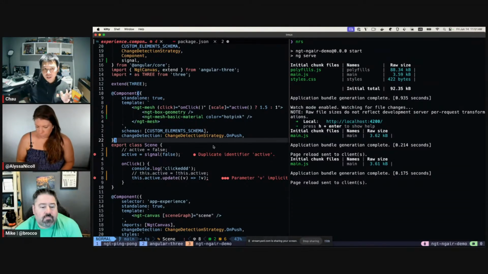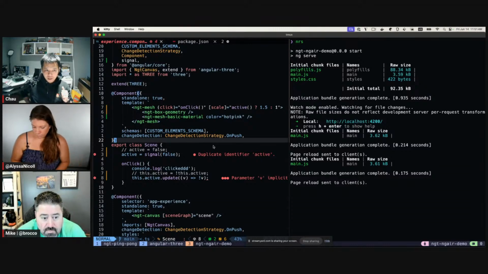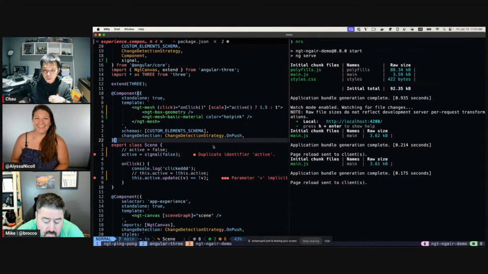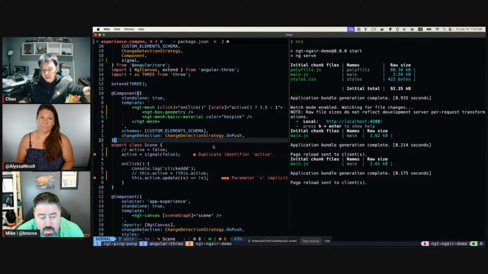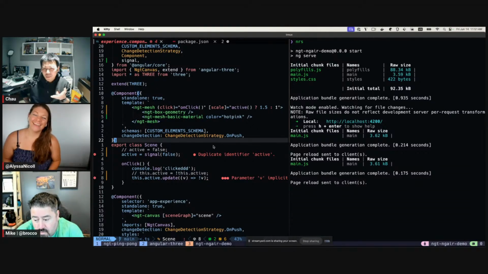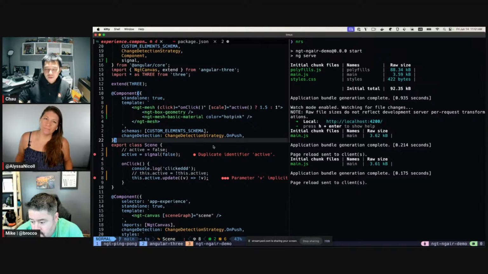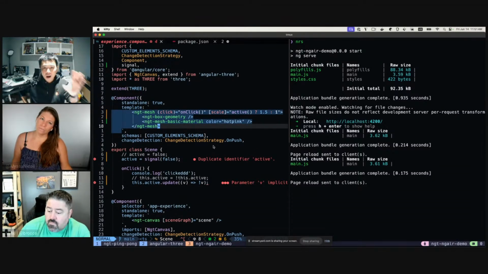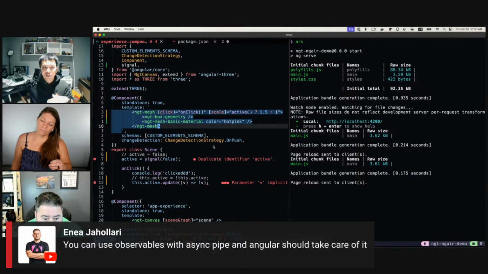I draw a lot of inspiration from the React ecosystem. They have a React Three Fiber library, which is absolutely beautiful. And they work based on a React renderer as well. In React, they call it reconciler, but it's a renderer in a sense. With a very similar ability here, you can just drop a JSX tag in your template, and then React Three Fiber would know what to do with it, AKA they would know to render that to the canvas instead of the DOM.